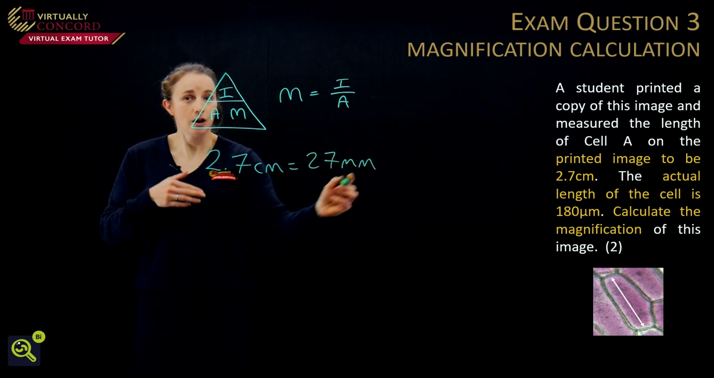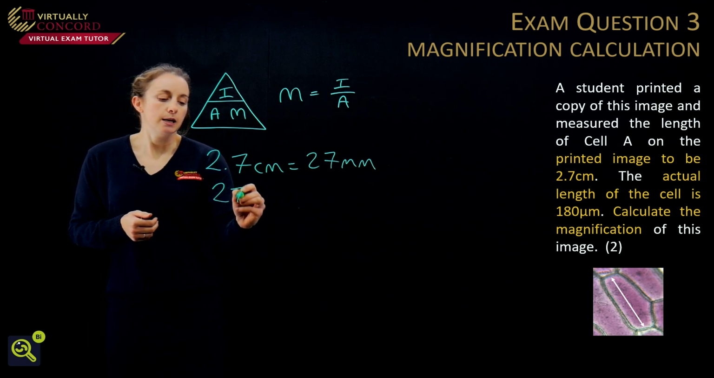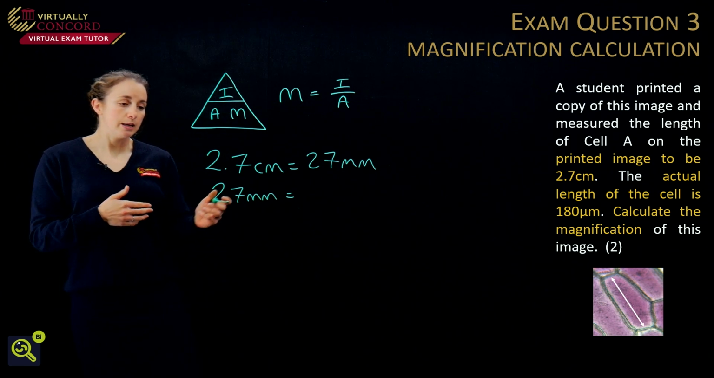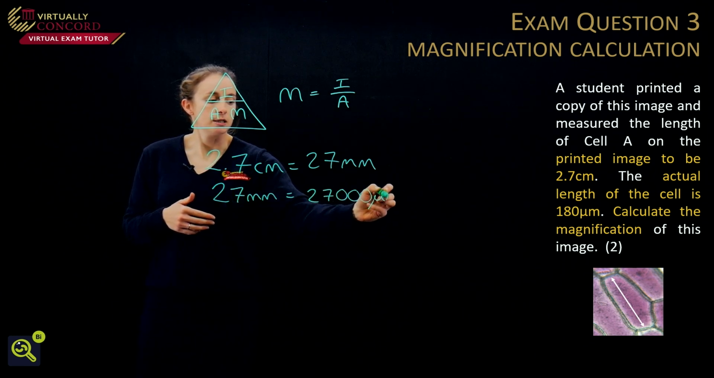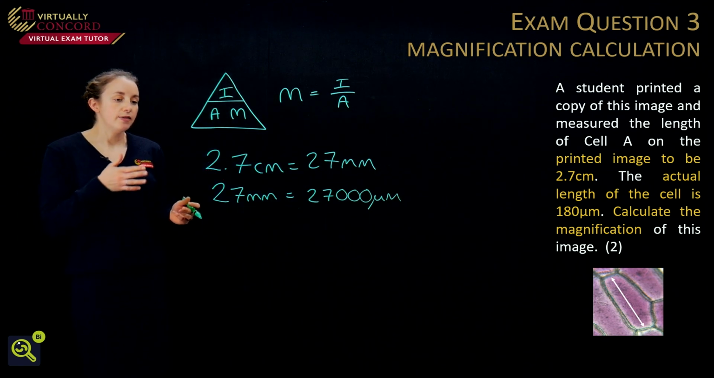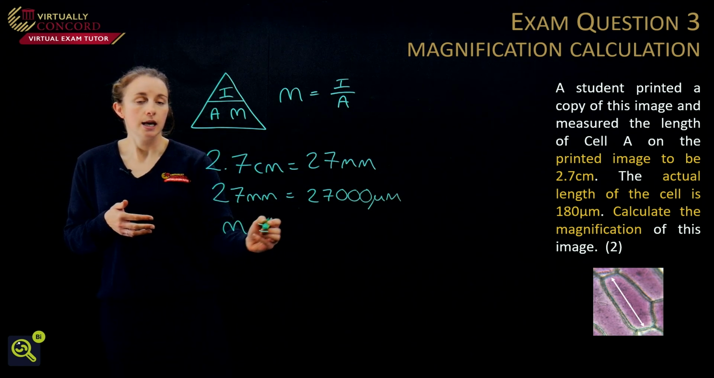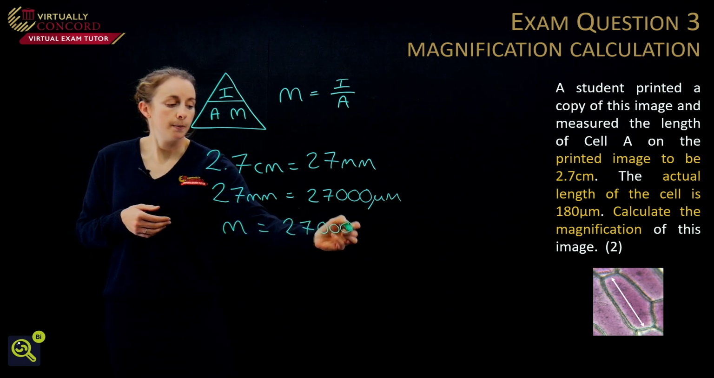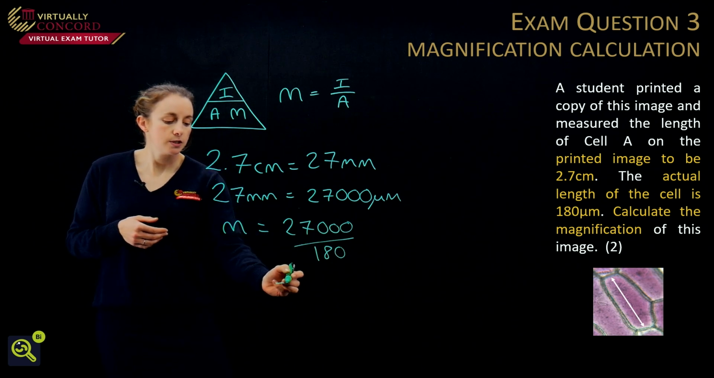I'd always do that first rather than trying to do that direct conversion. And then 27 millimetres, because there are 1,000 micrometers in a millimetre, so that is equal to 27,000 micrometers. And then we just do our equation. So magnification equals image size over actual, so 27,000 micrometers divided by 180 micrometers, and that gives you an answer